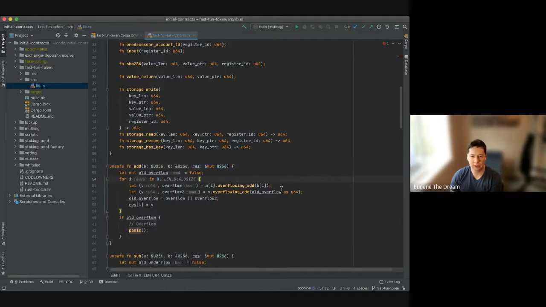And the way it works, it uses Rust's, so it assumes the first byte of the value is the lowest. It uses overflowing add,